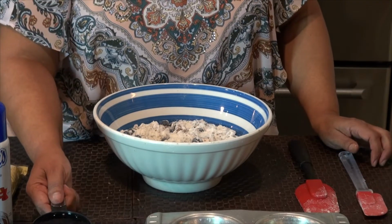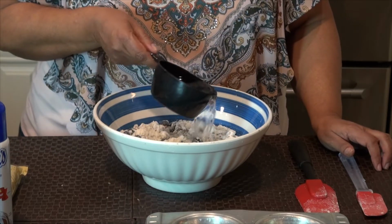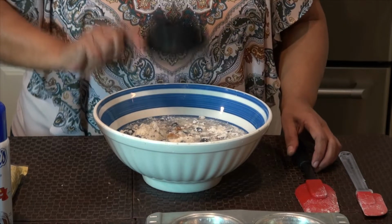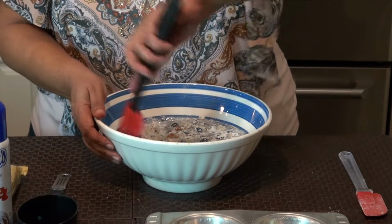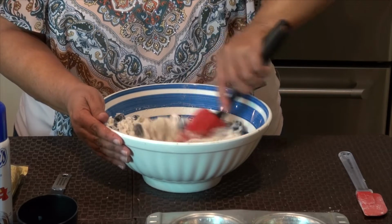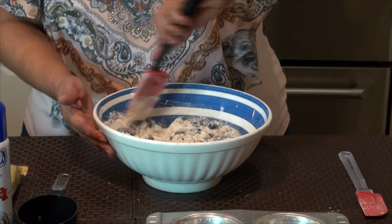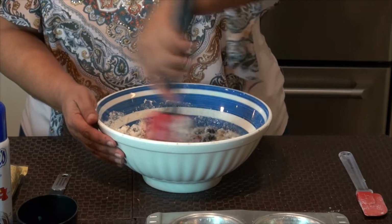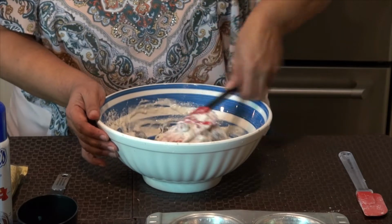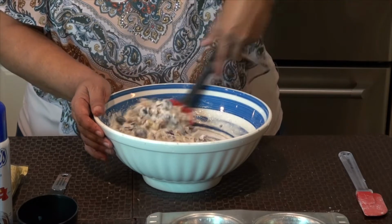And now, of course, last but not least, the easiest part of it all is the whole cup of water. Alrighty, let's get all that water in there. And we start mixing. And I know you're probably thinking, what? No eggs, no milk, no nothing, no oil. Nope, none of that. All they asked for was milk or water. And I choose water